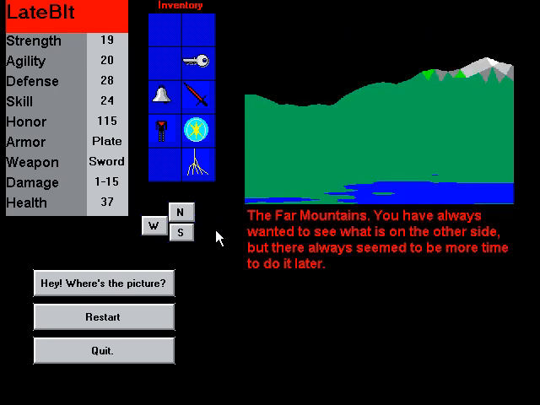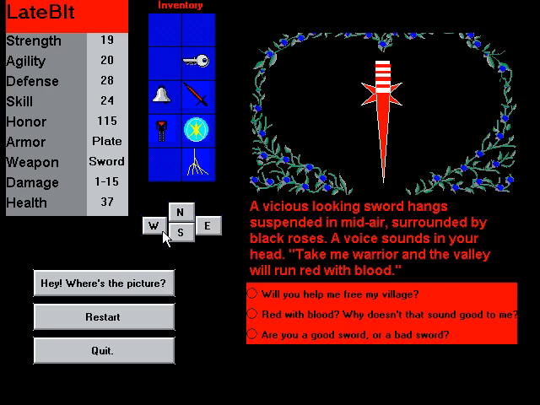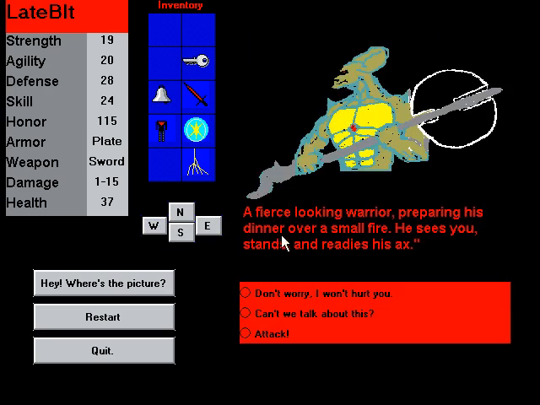So let's see, what else do we have here? The sword, yeah, we just need to ignore that. Oh yeah, this guy. So we say, let's say, can't we talk about